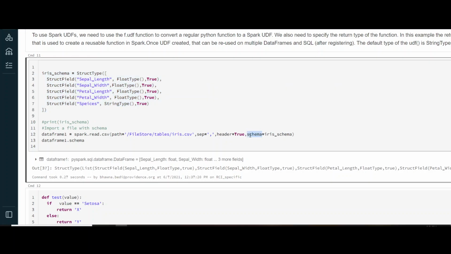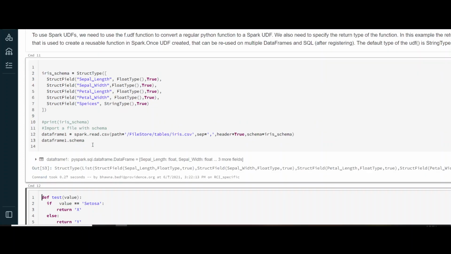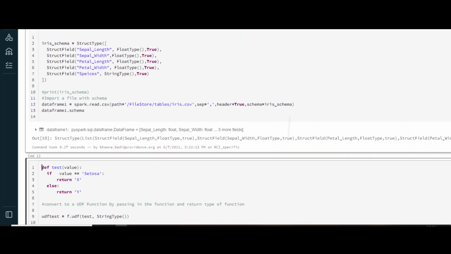I have defined the schema that my file has these columns and these are the data types, whether they are nullable or not. Those kind of details I have mentioned in the schema, and I'm defining the schema at the time of read only. So this is the data frame that I have created. Let's run this. Now you can see that my data frame is created.